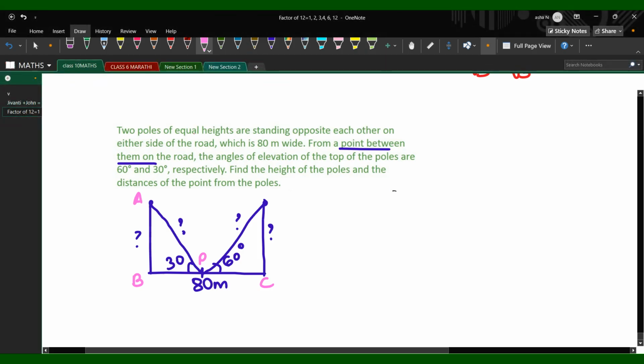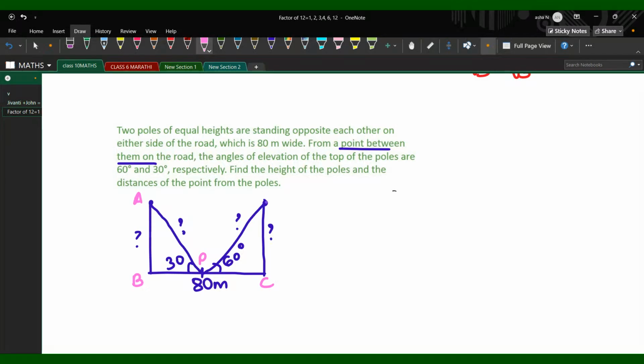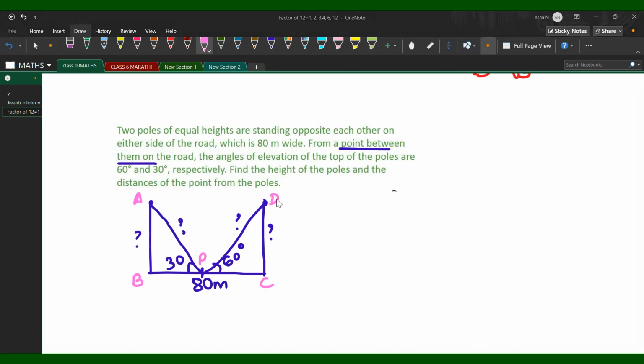A, B, C, and here we will write D. So between that would have been easy, na? We could have found it out, P, B and P, C. Now how we are going to find that? Okay, opposite we have to find and hypotenuse we have to find, but we don't know any of the measurement.